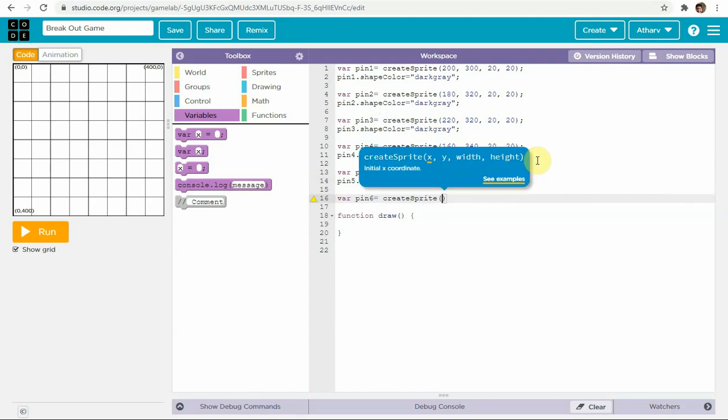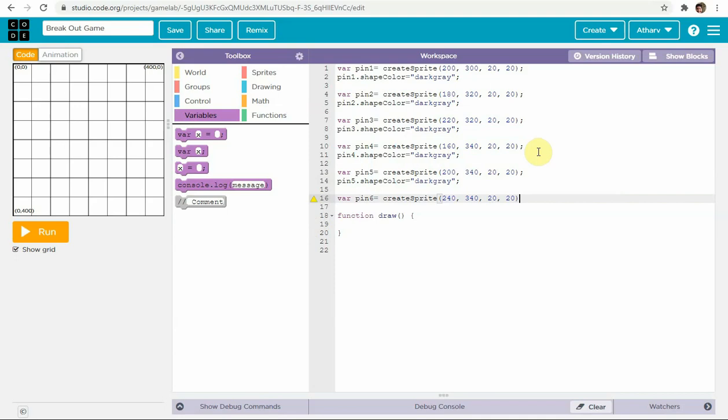In the bracket we'll write it as 240, 340, 20 and 20. Then pin 6 dot shape color equal to dark gray, as well as dark gray.